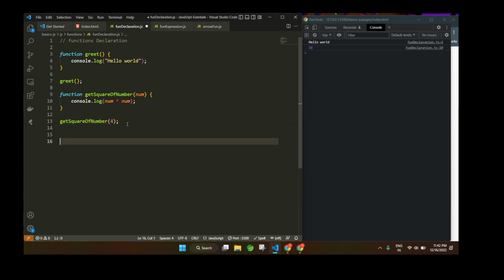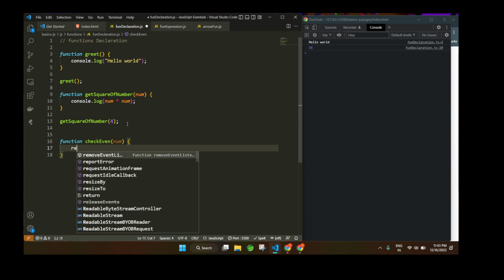Let's take function checkEven. Pass a number variable, num, as a parameter. Then what I will do here, I will just return